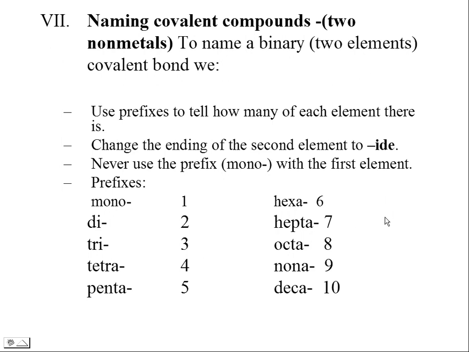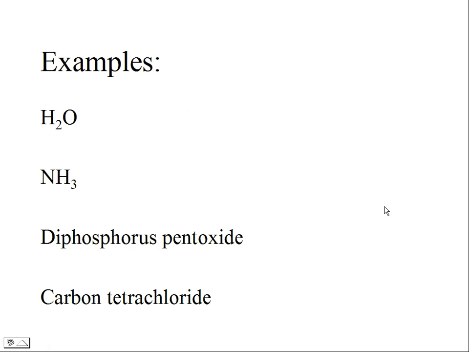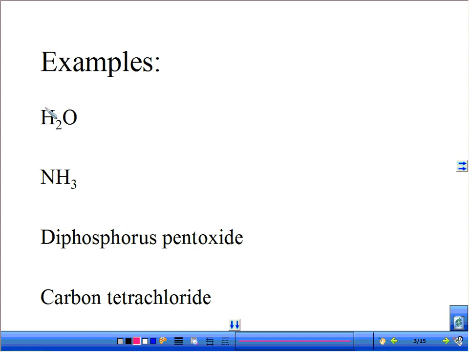So these are our prefixes. Again, if you're going too fast, you can always pause this, write this stuff down, print off the PowerPoint, whatever you need to do. So we've got some examples. We've got H2O, which we know is water, but it actually has a scientific name. NH3, which is actually known as ammonia, but it has a scientific name as well. And we know we're going to use this because this is a nonmetal and this is a nonmetal. Two nonmetals are covalent, so we would say this is di for the 2 hydrogens, and we just say hydrogen,